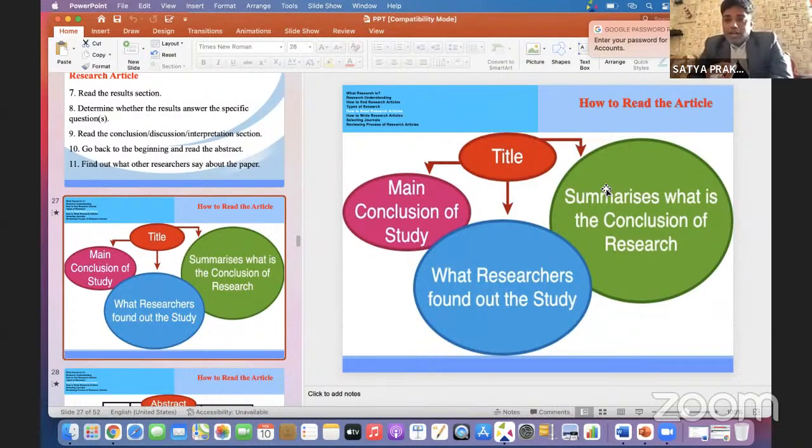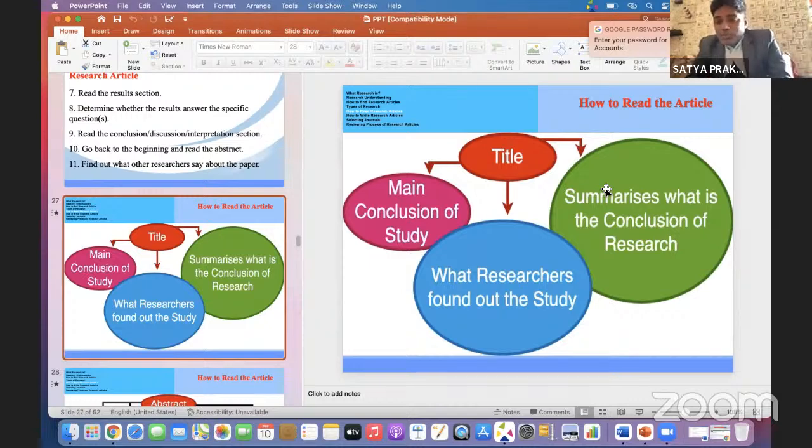Suppose you are interested in medical imaging processing. Then what do you need to find? Articles on medical imaging, right? Suppose you are a cyber security related person. Then what do you have to find? Cyber security issues. You have to find those articles. So the title is the main theme, the main summary of the article.